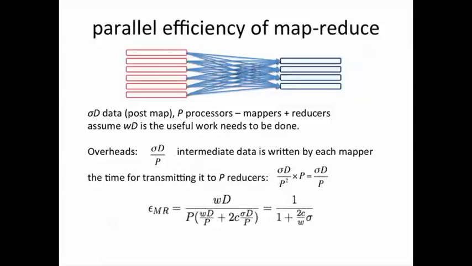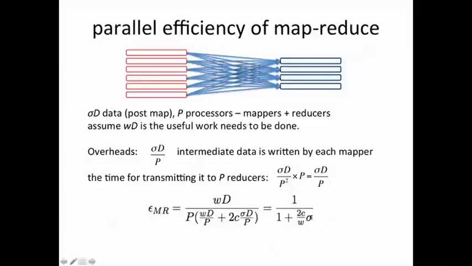Now if you look at the efficiency using this overhead, WD is the time it takes on one processor, which is the useful work that needs to be done, and WD over p if we had p processors, but we have this extra overhead of 2 sigma d over p. We've added a constant c, which essentially measures how much time it takes to write one data item to disk or to read a data item remotely from a different mapper. Now we've assumed both of these to be the same constant. Simplifying this parallel efficiency, we get an expression which is surprisingly independent of p,